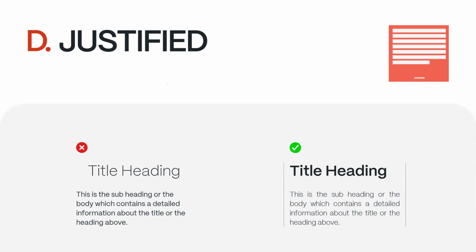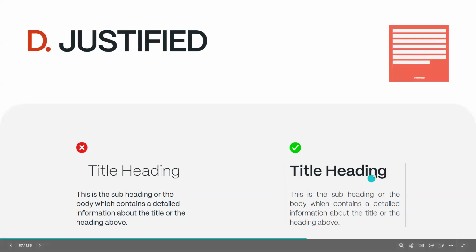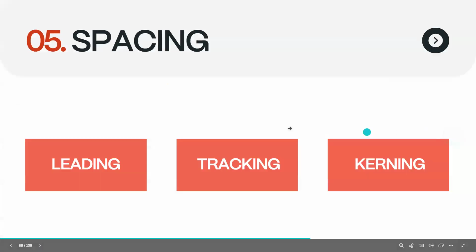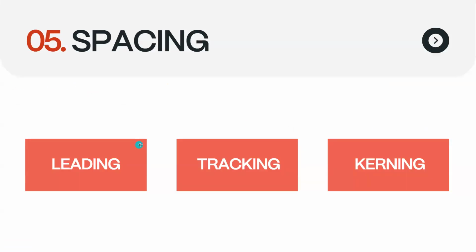There won't be any left side or right side. It is placed in a very formal way. If you consider this and this as a space, the whole body of the magazine text will be aligned to left and right both. That is called justified.